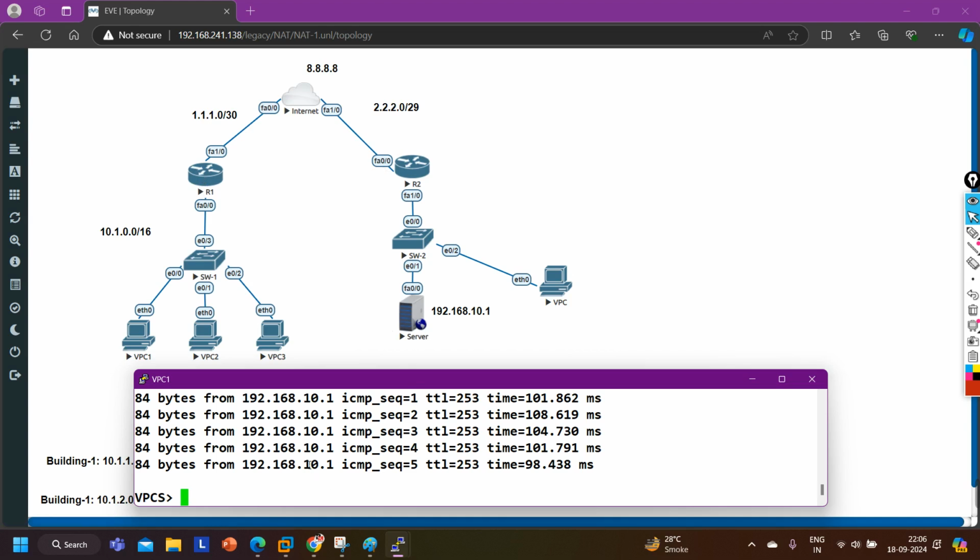If the exit interface is the tunnel interface, then only the router will add the GRE header. Yes.